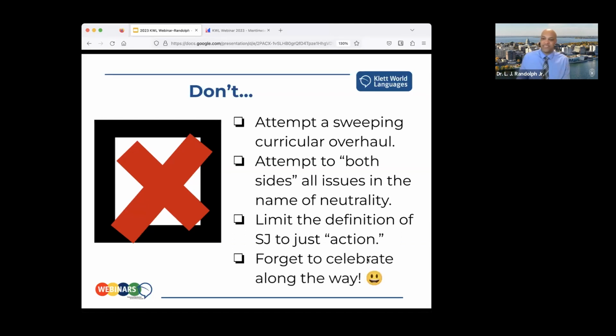And don't forget to celebrate success along the way. You'll need to have your students reflect on their learning so that you can see their progress. They can see their progress. This can be done via a self-assessment in which students reflect on their language proficiency-oriented goals and social justice goals so that they see how they're progressing both linguistically and in terms of their own individual transformation. So much of this transformational work is internal and the results may not always be immediately visible, and that's okay. So just celebrate the small victories along the way.